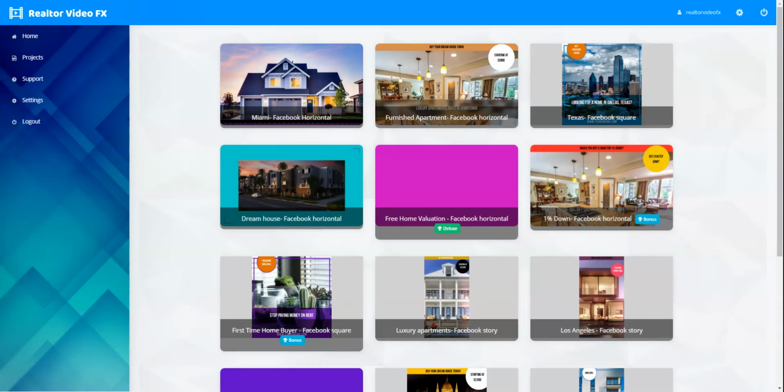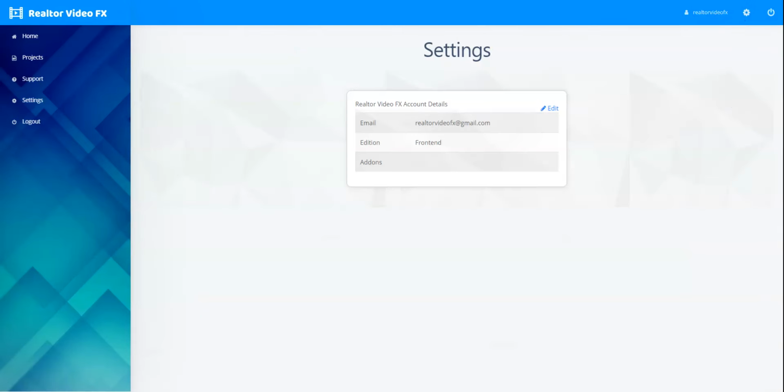This is the home page you will see after you register and log in. It's pretty straightforward. You'll see your name up here, which I believe will be whatever email you use to register. And then, of course, there's a settings thing, which just tells you a little bit more about your account. There's really nothing for you to do except, if you wanted to, I guess, edit your email. And then, of course, the log out button. So we'll go back to the home screen over here,